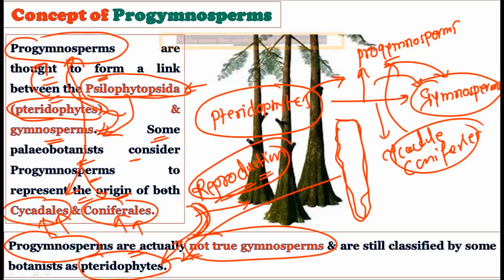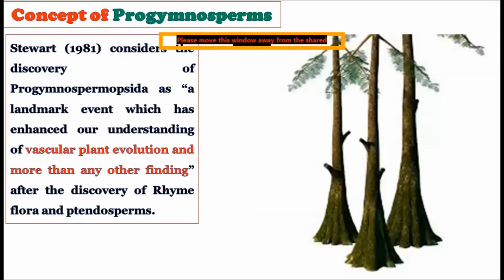They are showing the reproduction methods of the pteridophytes, while the tree trunk or the anatomical features are those of the gymnosperms. So literally we cannot place them either into the pteridophytes or into the gymnosperms. Okay, but the one thing is clear, they are not the true gymnosperms. Now see, Stewart in 1981, what he has to say about this: he considered the discovery of the Progymnospermopsida